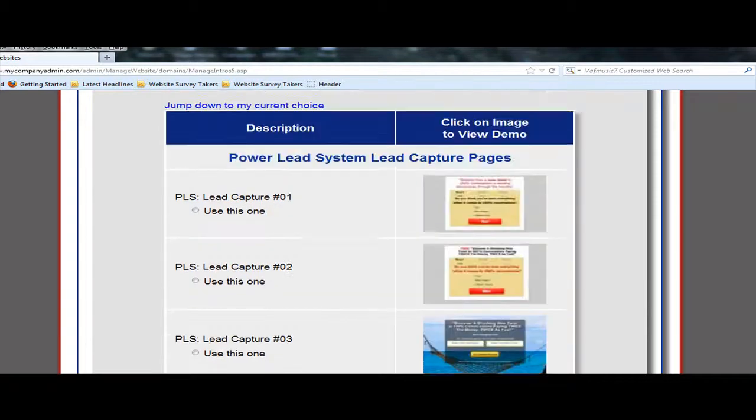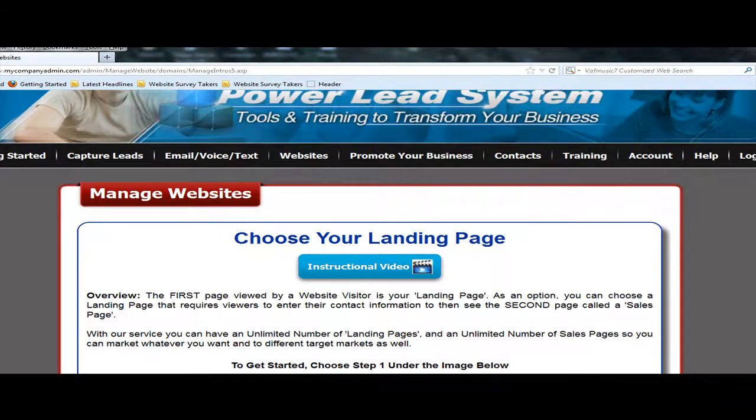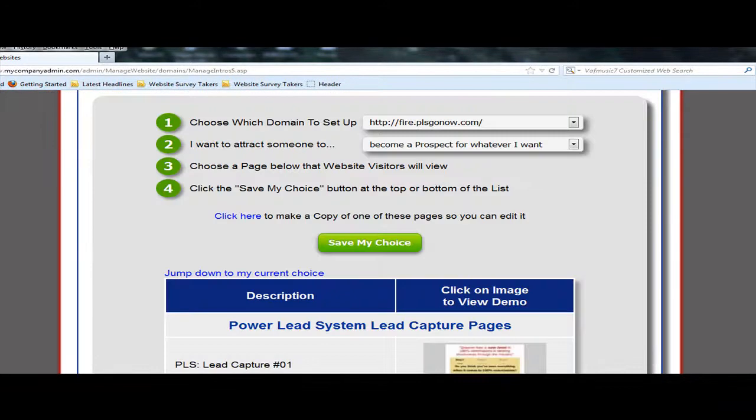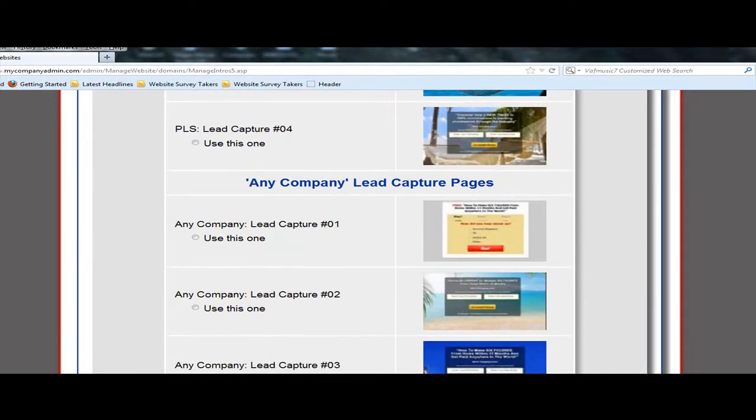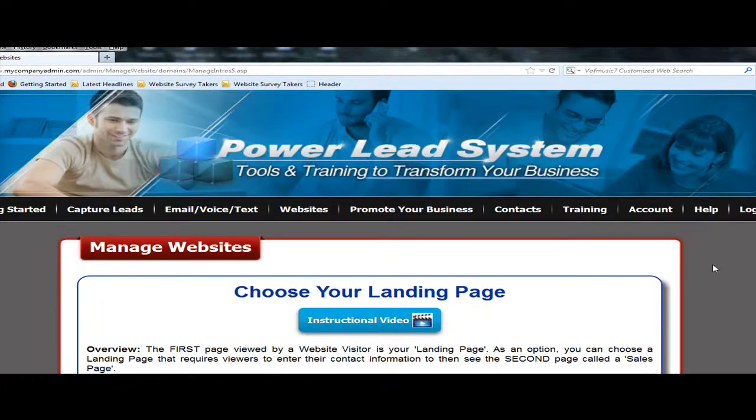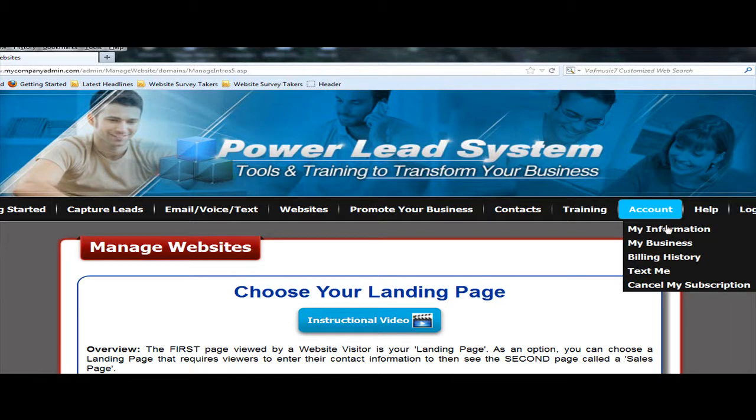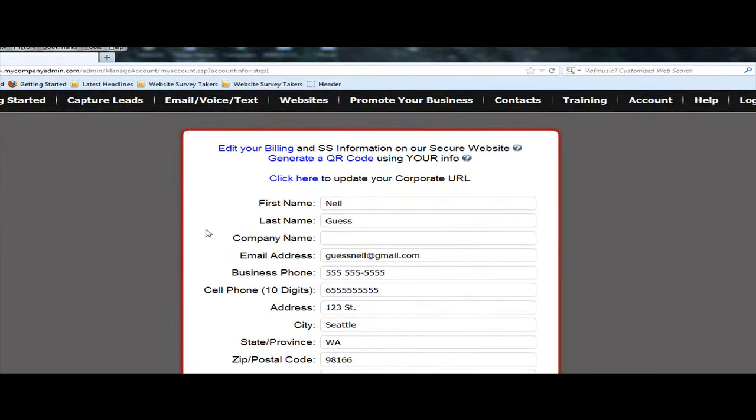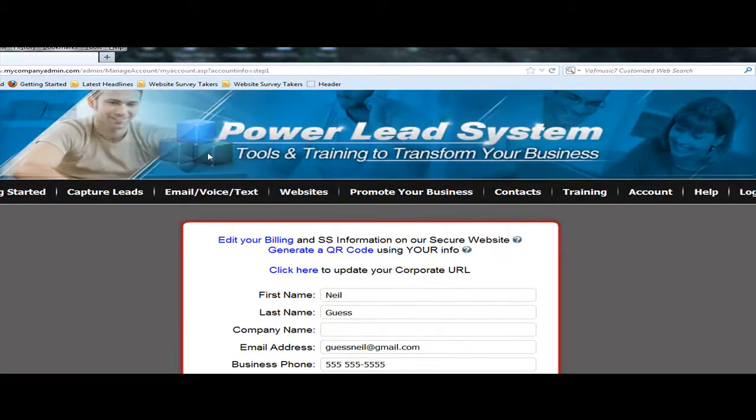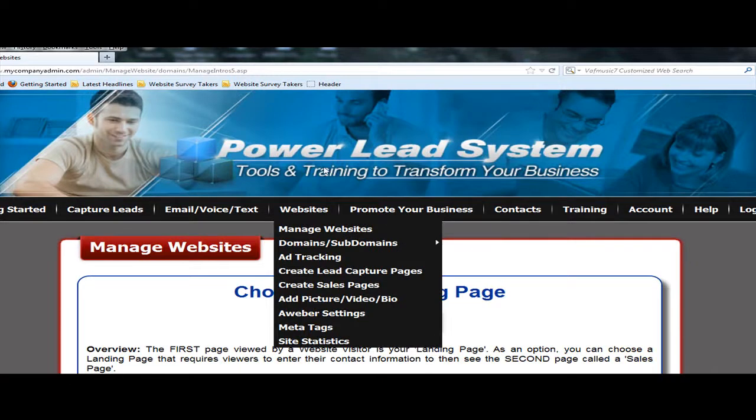So the first step is for you to tell our marketing system what page do you want your prospects to see immediately after they opt in. Okay, so that's easy. All you're going to do is hover over account and click on my information. Now, in case you didn't realize, if you wanted your prospects to see a Power Lead System sales page right after they opted in to what we're creating here, well, you're going to have to